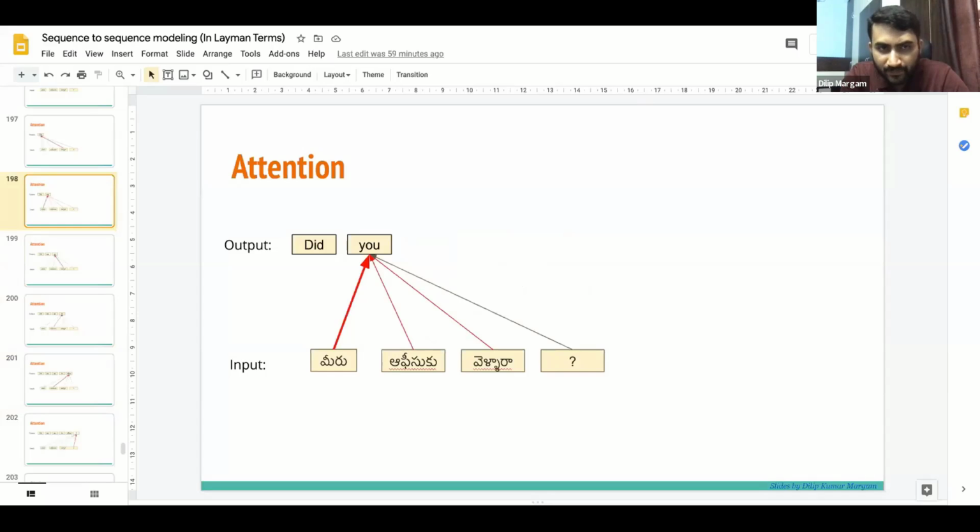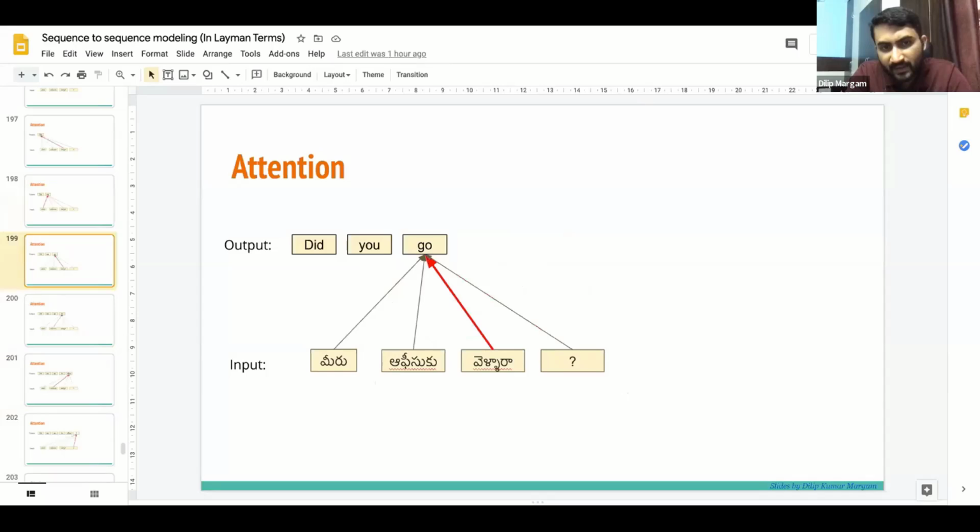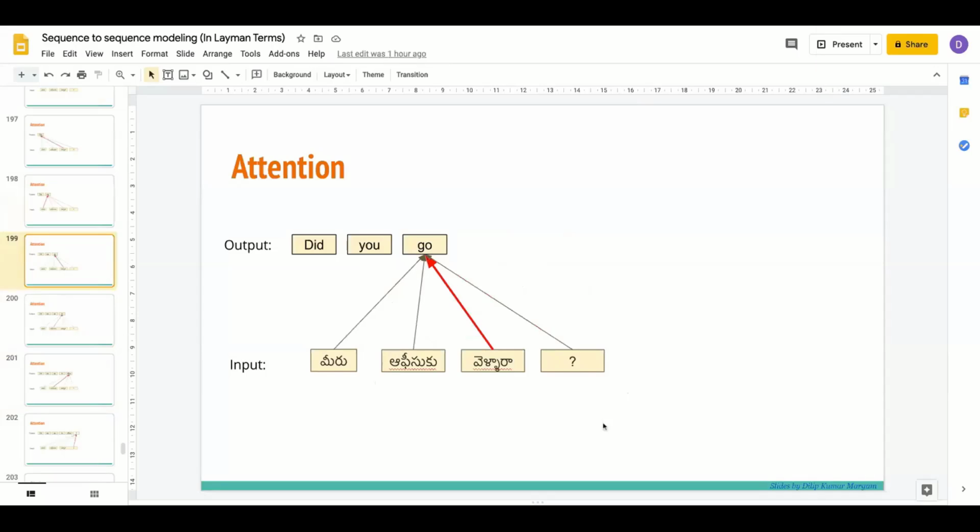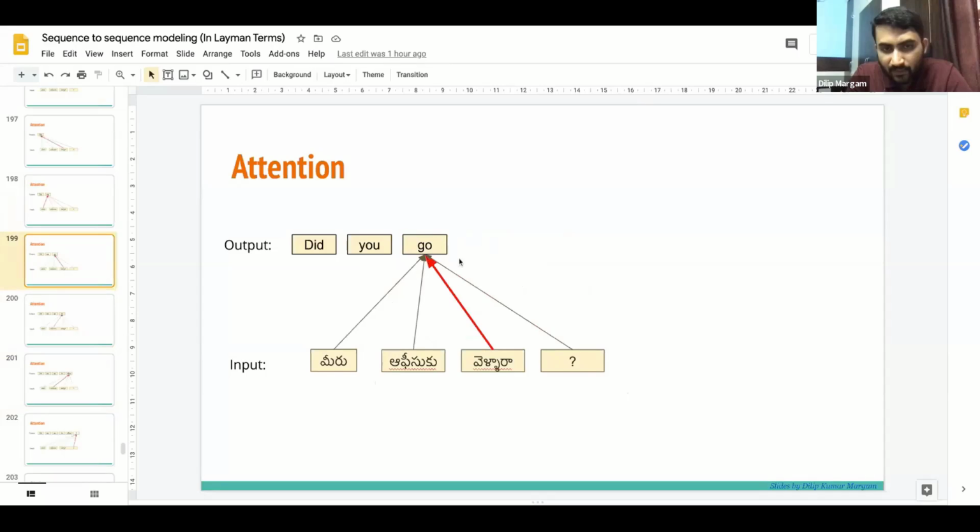This is called attention. Whenever you are predicting an output, on which input tokens do you want to attend more, to show high attention? This technique is called attention. When predicting a particular output, you give corresponding weightages to the input.